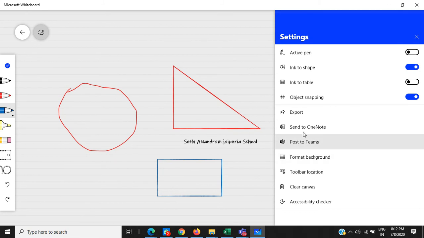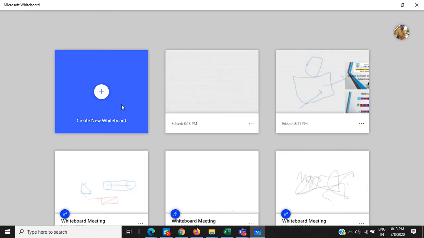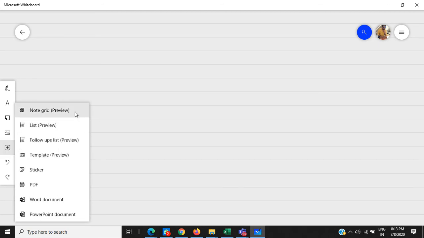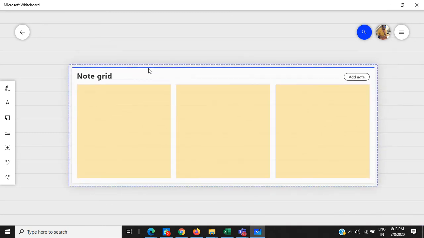If you have installed the Windows app and you want to clear the canvas at once, just clear the canvas, and yes, we have the clear option. So you can use that. If you want to insert something like add note, you can add a note over here. Your insert menu, grid view, you can use that view also. And new grid is here.